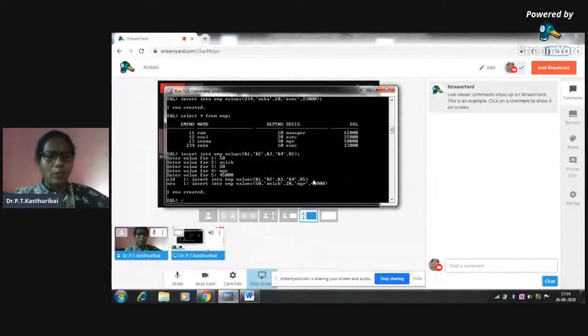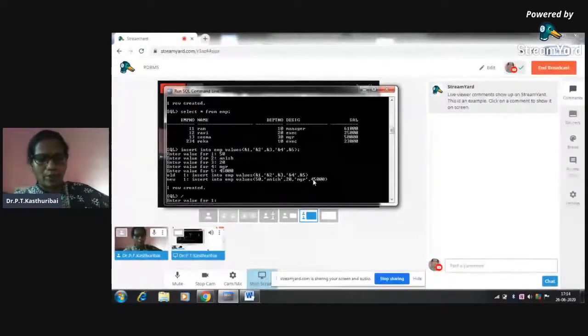The same command can once again be executed by giving slash. Instead of typing it in all the time, when you straight away give the values, it will try to add the same record. Rather, if you give the parameters like this, you can keep on adding the records like this.